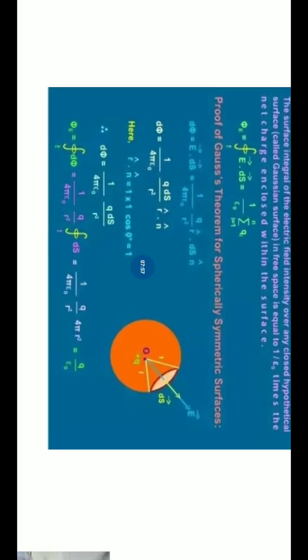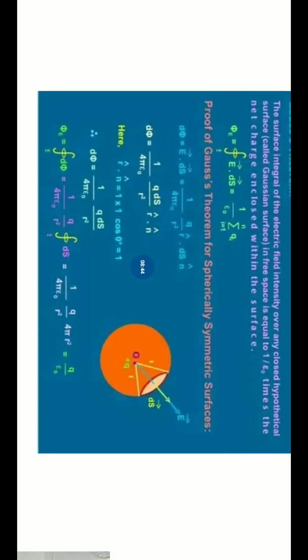But we have to find the total flux. We know a small quantity, we have to find the total. So what we do, we integrate the whole equation. So integrating d phi, we get the total flux. So integral of d phi, the constant factors 1 by 4 pi epsilon naught q upon r square are taken out into integral of ds. Integral of ds is area, the total area. So the total area of the sphere, and we know the total area of a sphere is 4 pi r square. So we get 1 by 4 pi epsilon naught q upon r square into 4 pi r square.